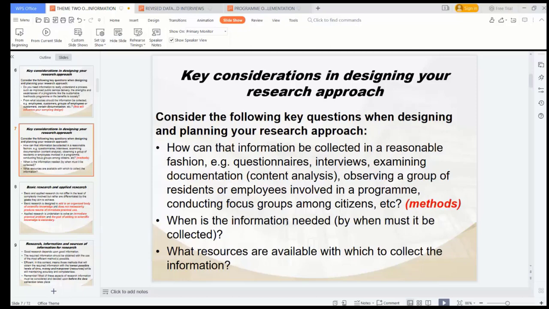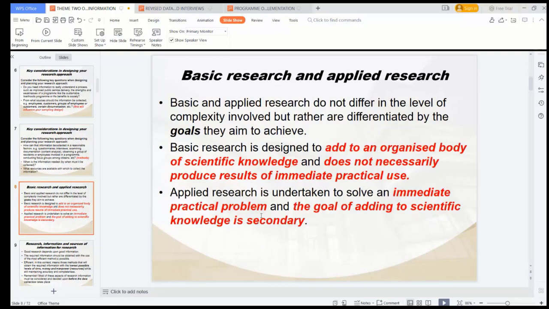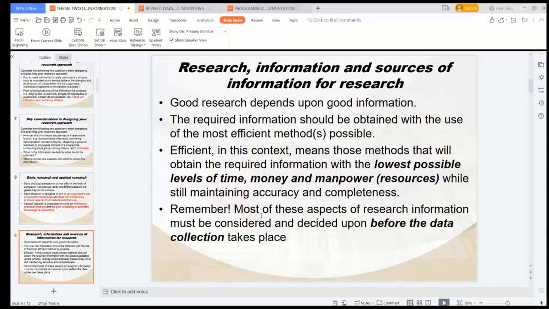Can we proceed? We were talking about the applied and basic research. We have skipped this slide. Now